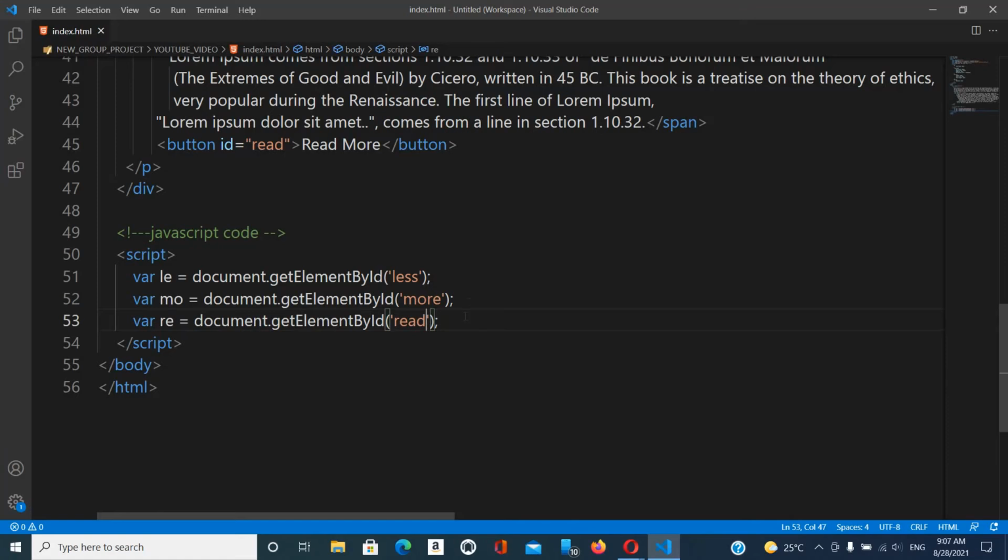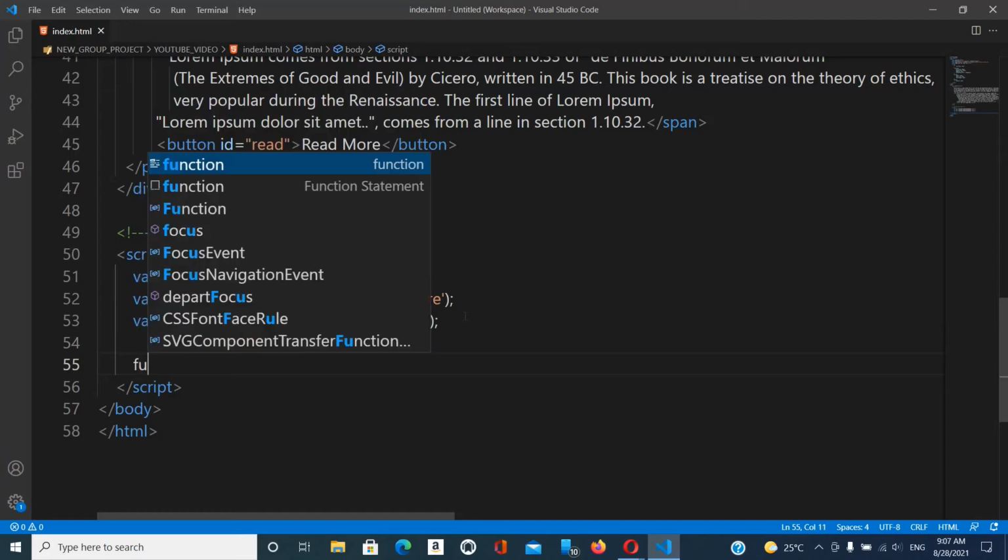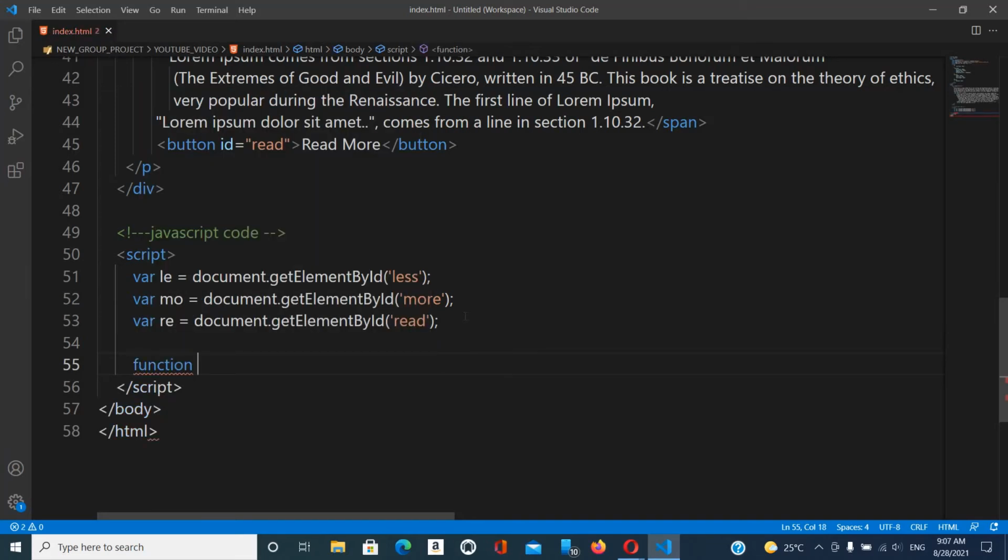1, 2, 3. Now I need to code it. I will begin by saying function rate. You can give any name. I just need to make it clear by saying rate, because we want to read more or we want to read less. So it makes sense. So I say rate,